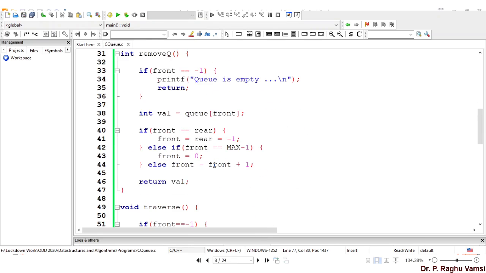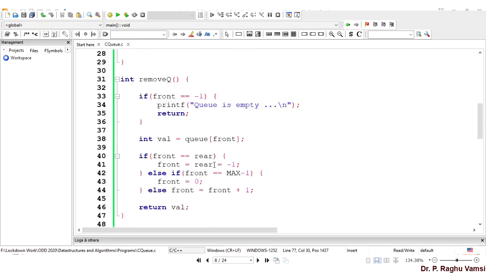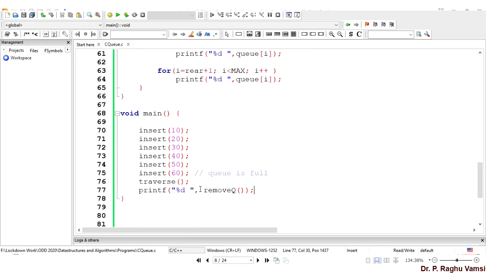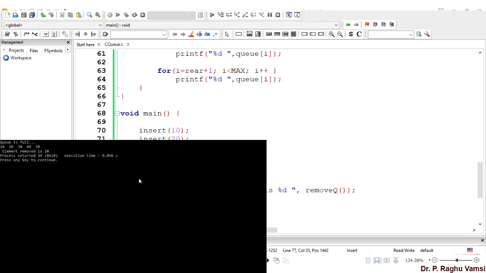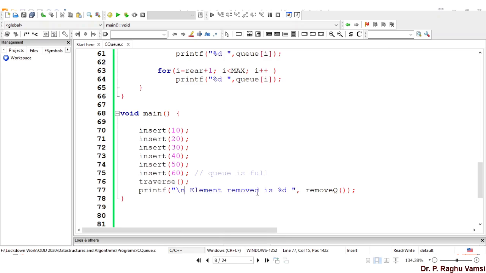In the remove queue, whenever an element is going to be removed, before that we'll do a backslash n so that the display will be clear. Element removed is 10. Okay, so this is done.